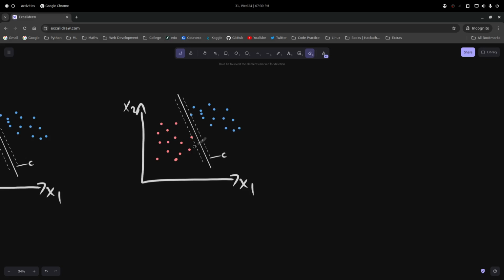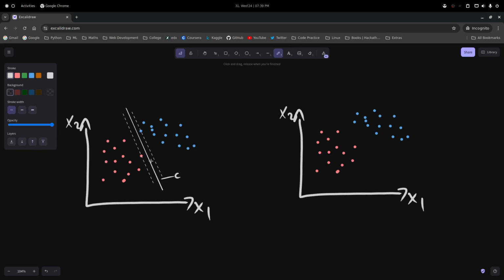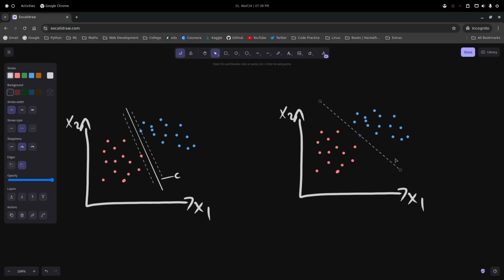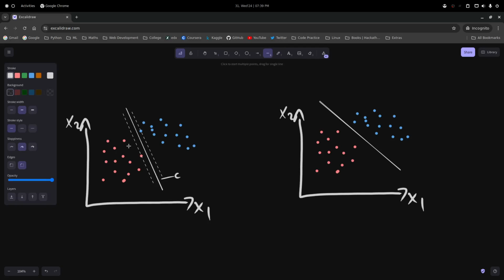and let me remove these things. Yeah, now let's suppose we started with a basic line here, and then we found that we can expand our margin, we can create our line something like this. If I draw it here, something like this, and we can expand our margin, right? So we have computed the distance and all the other things, and then we found out that we can expand our margin by creating some line like this. Okay, and that will simply help us